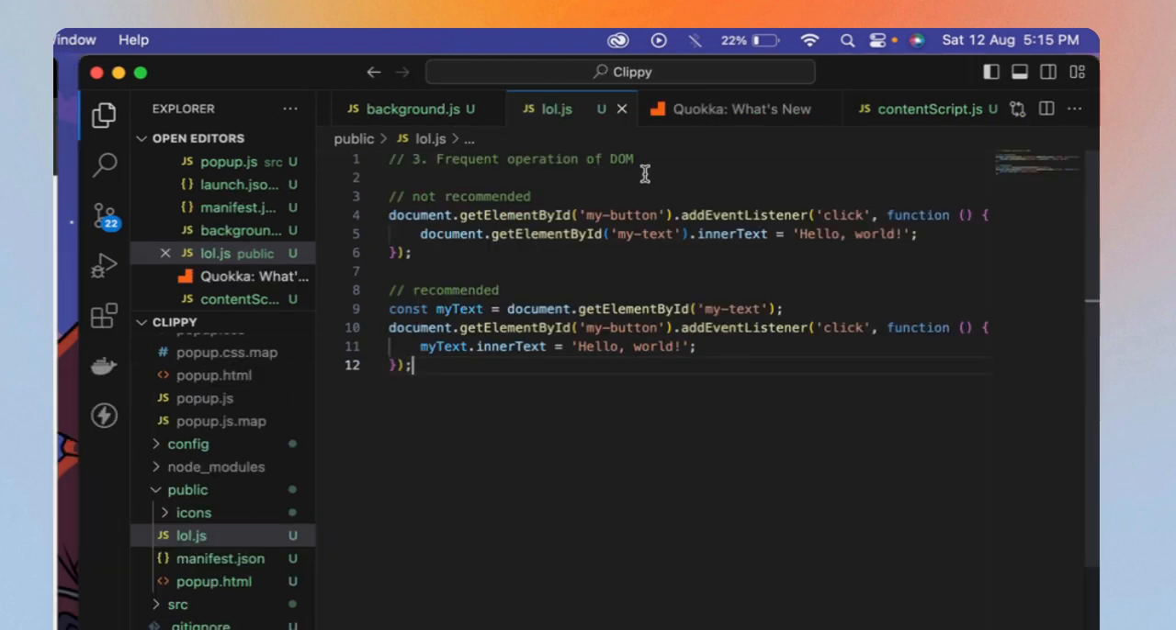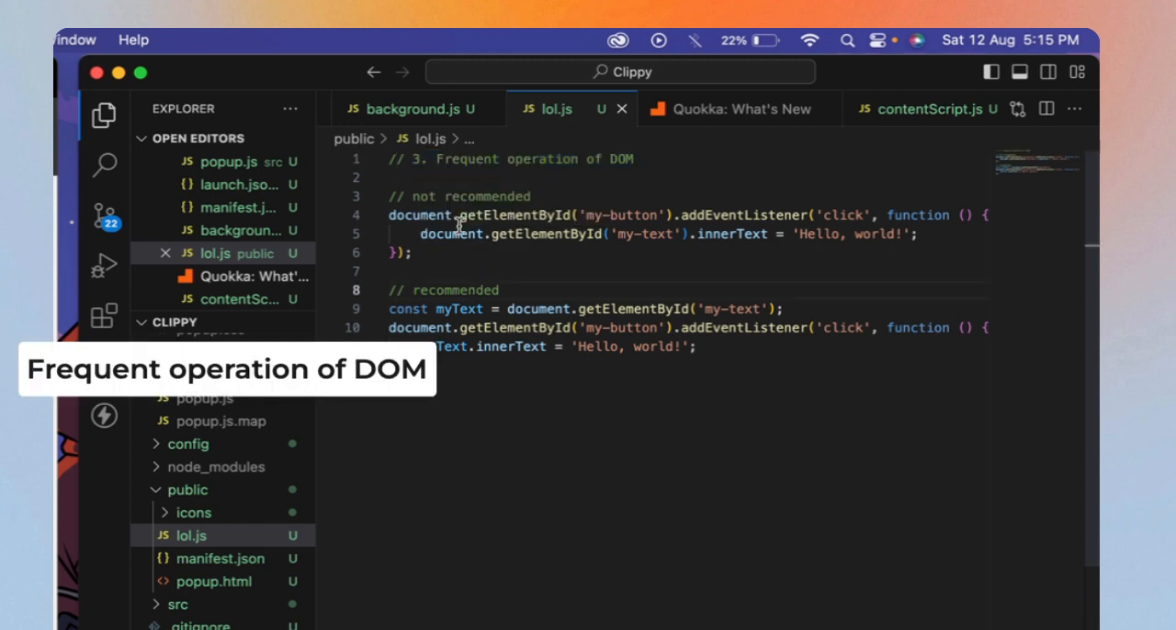We're going to talk about is called the frequent operation log. So if you see this example, this is not a recommended way of writing. The problem here is,